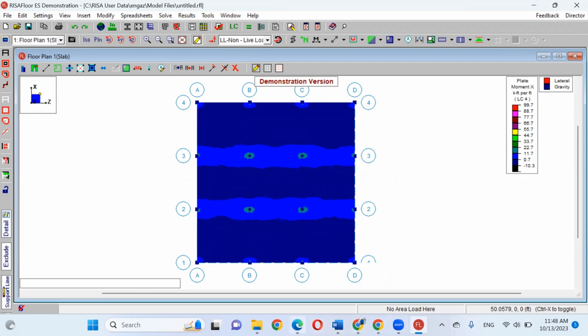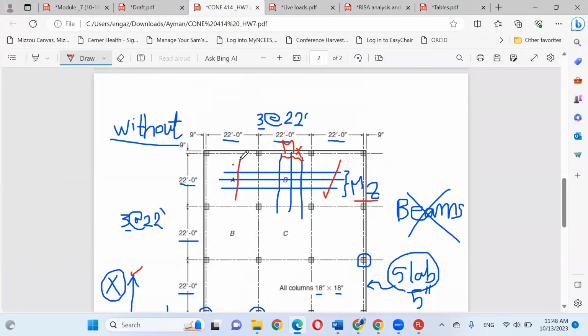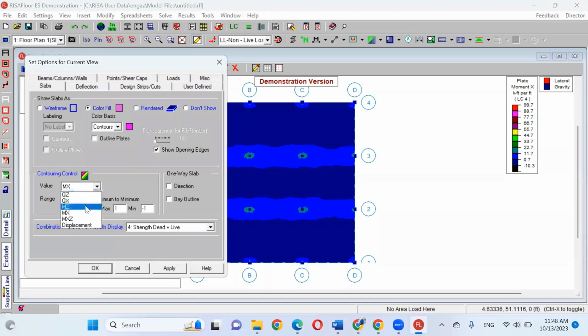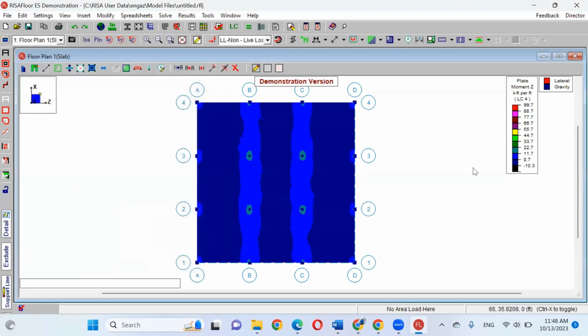So in this direction, every 1 feet, I need to distribute 4 rebar, number 4. This is coming from MX. If you go back to RISA and select here MZ, I think you will have the same value, 11.7, because this slab is symmetric.